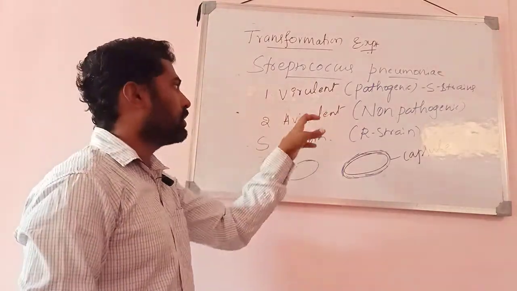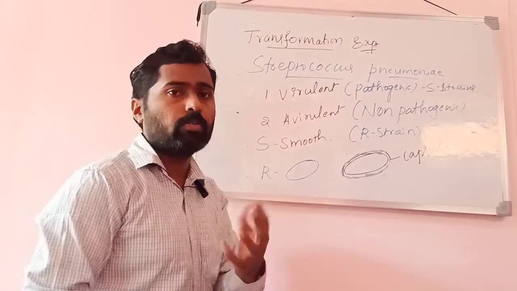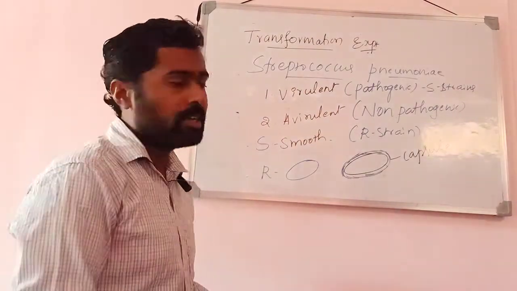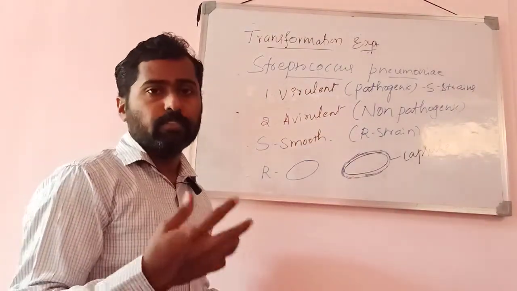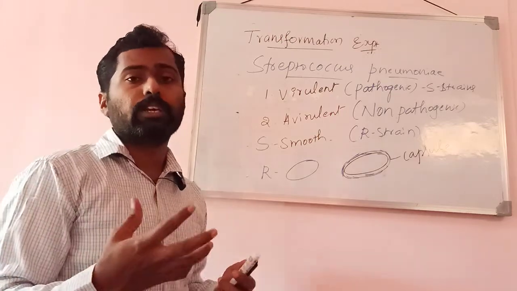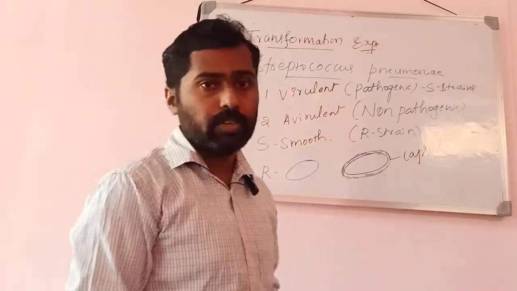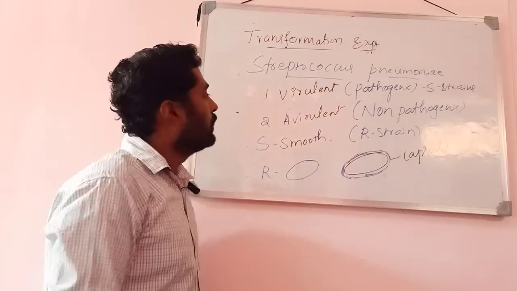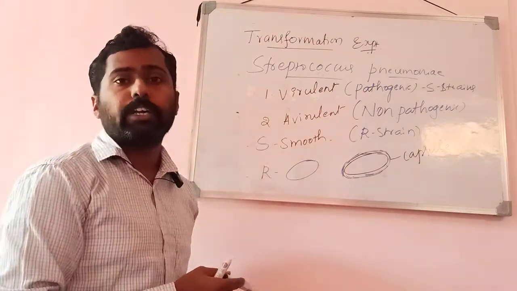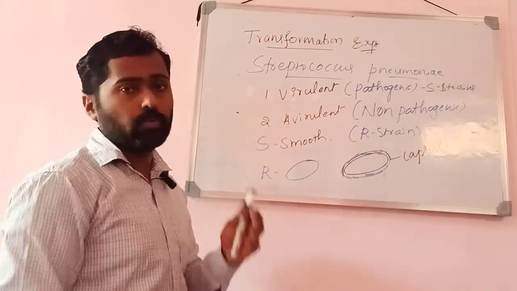Usually the pathogenic ones are the virulent forms that cause pneumonia. You know what pneumonia is? It is a lung related disorder where the alveoli of the lungs get filled with fluid. Swelling or inflammation of the lung is observed in case of pneumonia. So these two strains were used by Frederick Griffith for his transformation work.